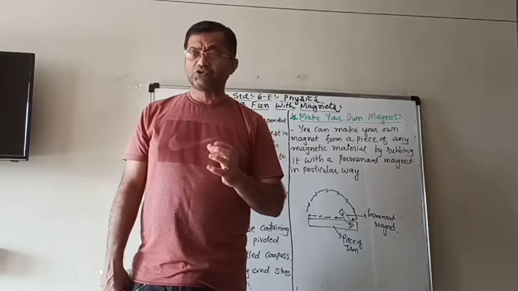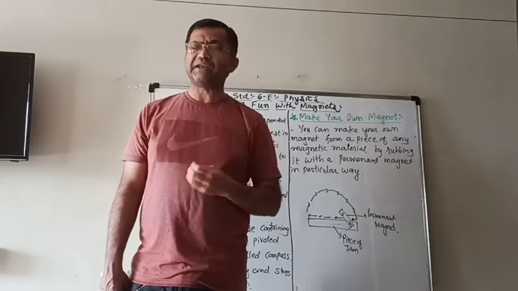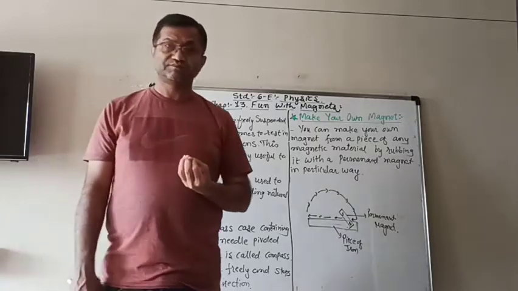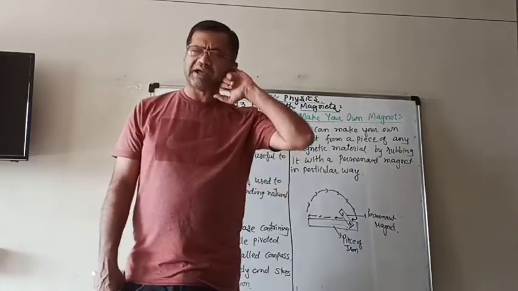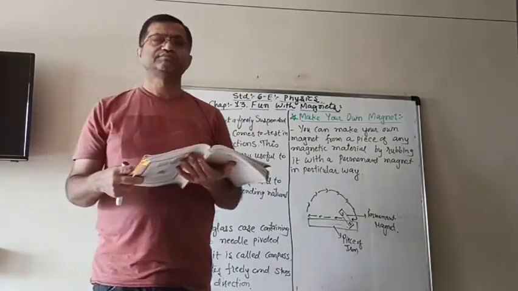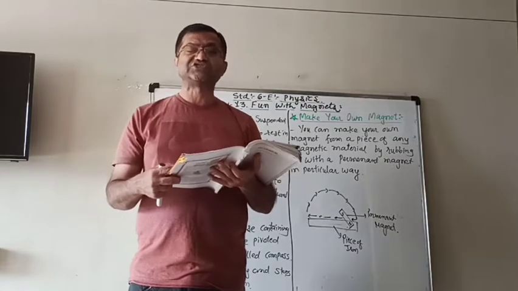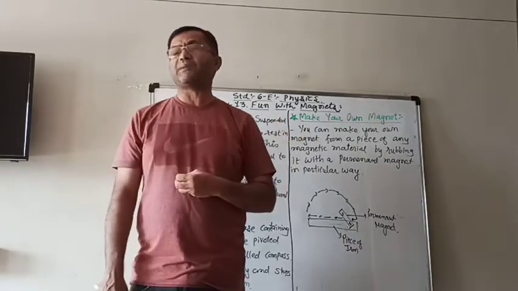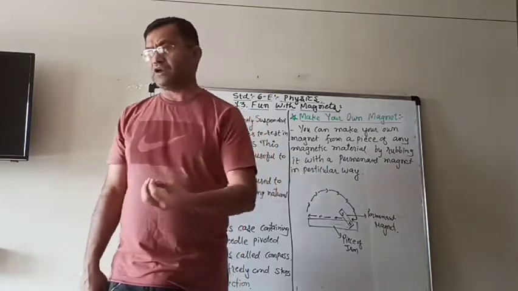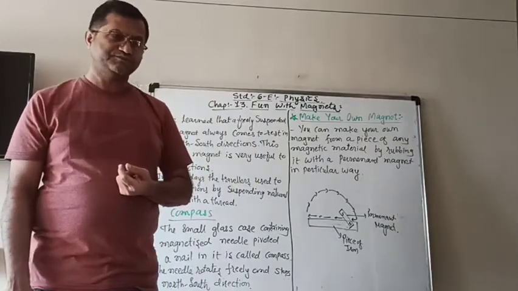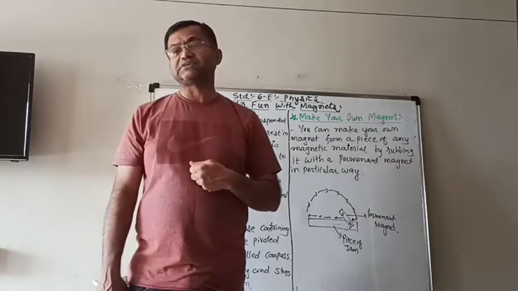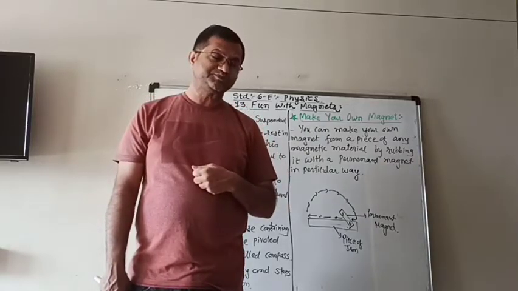But don't rub it just anyhow. You have to rub it in a special manner and repeat the same actions 30 to 40 times continuously. And then you can check by taking that piece of iron near magnetic material like small needles or iron nails, etc. Then it will have the magnetic power to attract those magnetic materials.